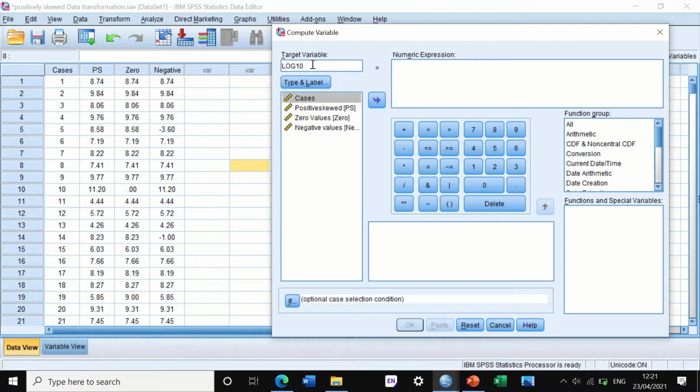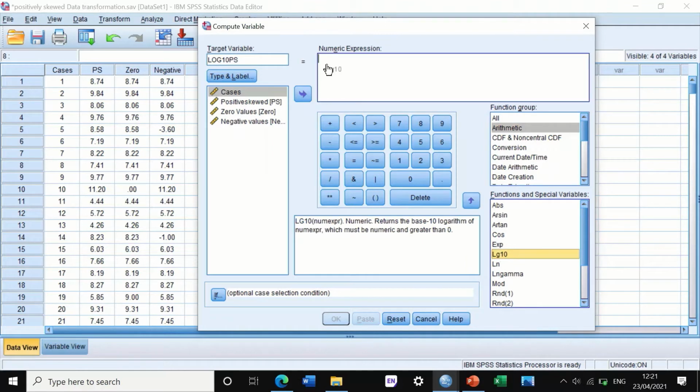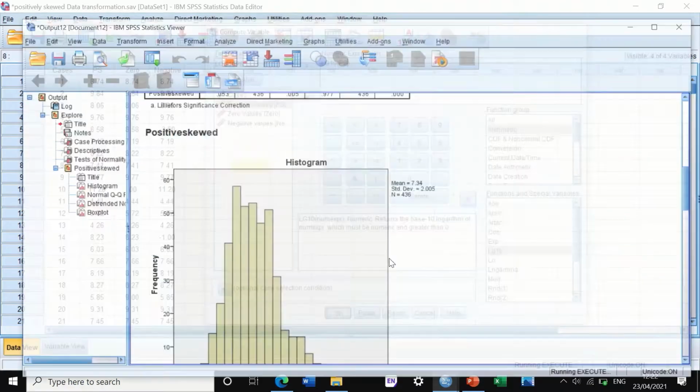log10 positively skewed. Apparently, these data are positively skewed. So we notice here that there is a function group called Arithmetic. Click on log10, then move the log10 into the numeric expression box. And we need to do a log10 for these positively skewed data, which go between here. And then if you hit the button for OK,